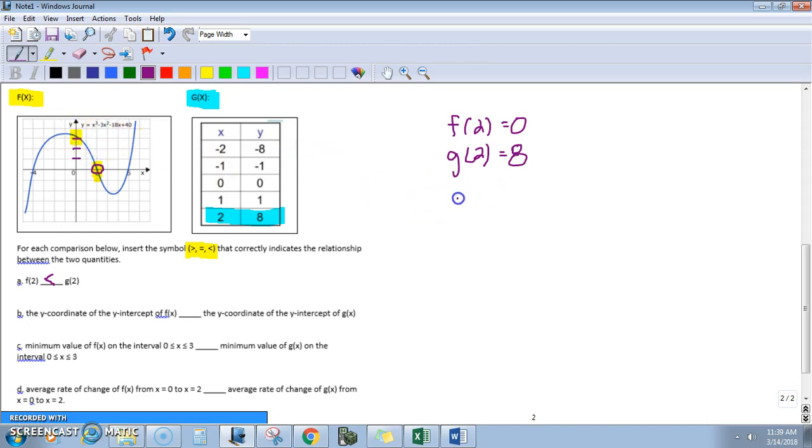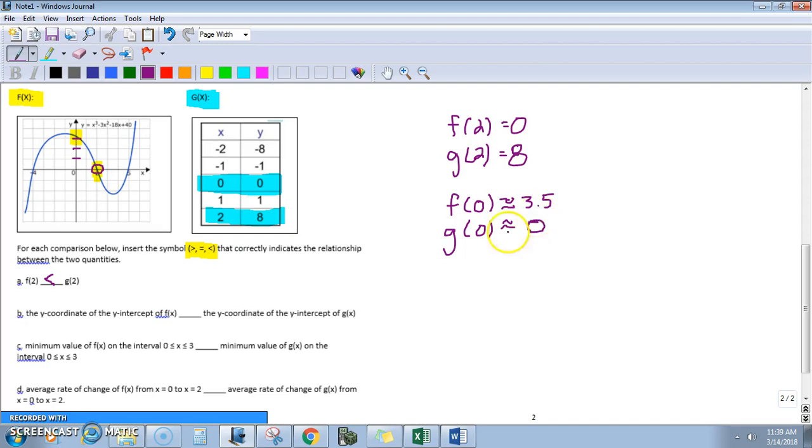So I'm going to write the y-intercept of f of 0 is approximately on the graph 3.5. And then let's do g of 0, which is 0. So g of 0 is equal to